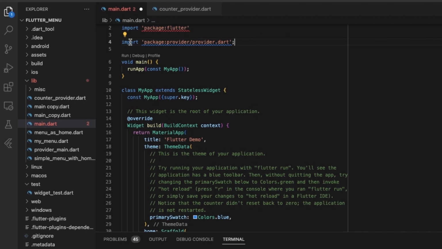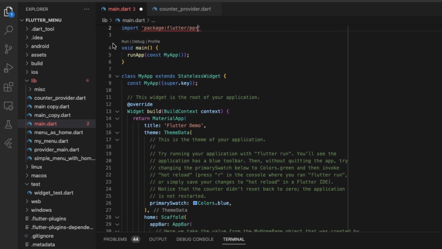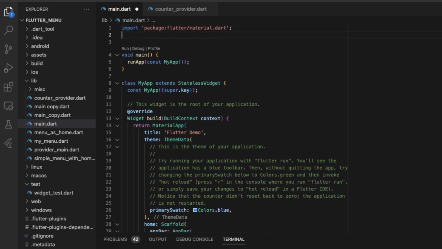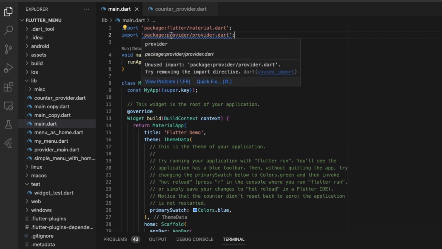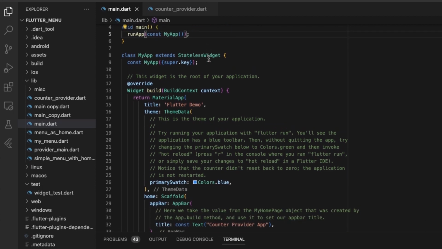Okay, so it was inside the provider directory, so we had to write provider two times. That's what I was missing. Anyways, so first thing that we have to do is that we have to import the provider from the provider package, and